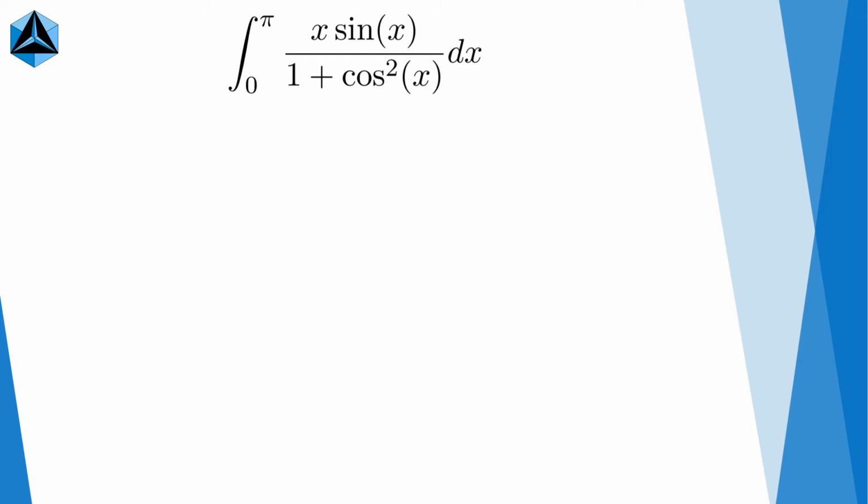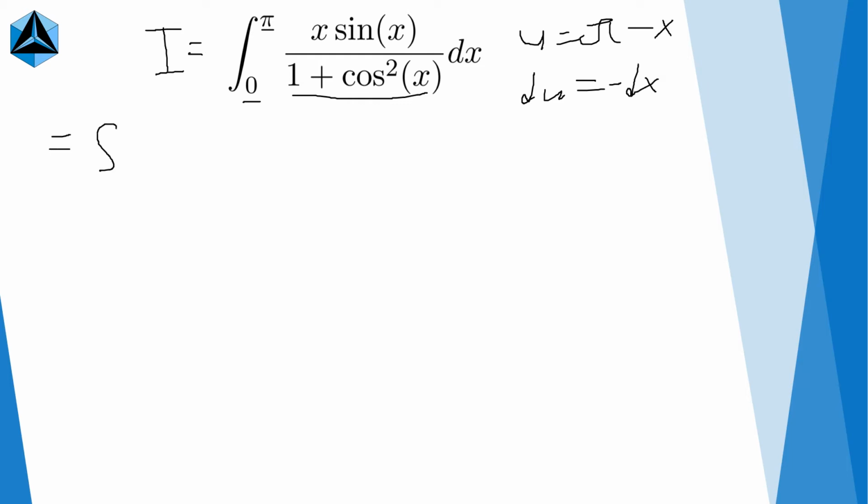So the trick here is let's first let I equal this whole integral. So I is some constant value, and we want to make a u sub, and the trick is that we actually want to make sure the bounds stay the same, but the integrand changes into something that we can actually use. And so what u sub might preserve the bounds? That u sub would actually be u is equal to pi minus x. We get du is equal to negative dx. And so when we plug this in, this is equal to the negative integral from pi to 0, because pi minus 0 is pi and pi minus pi is 0, so that's where we get the bottom and top. And then pi minus x times sine of x